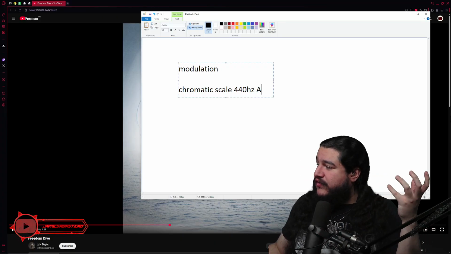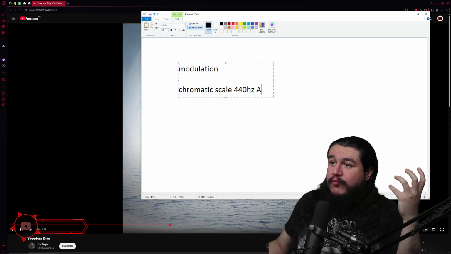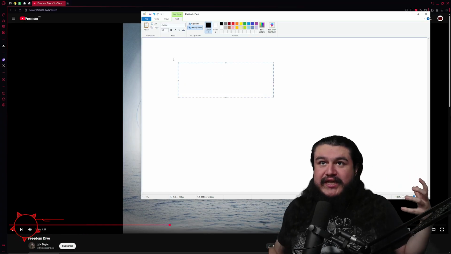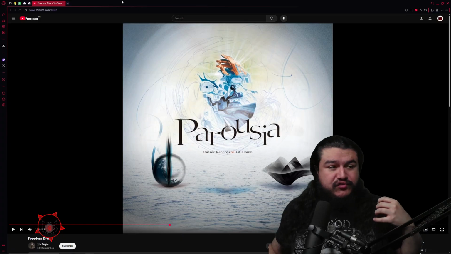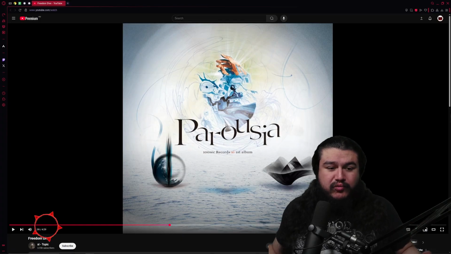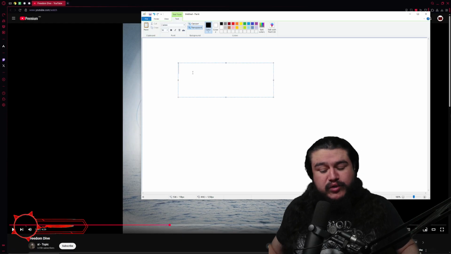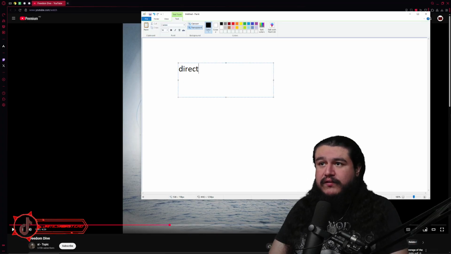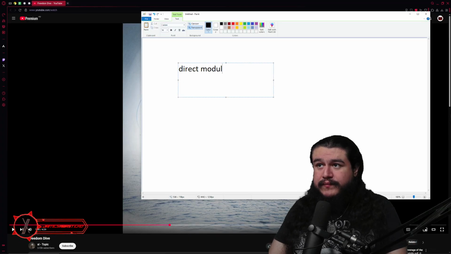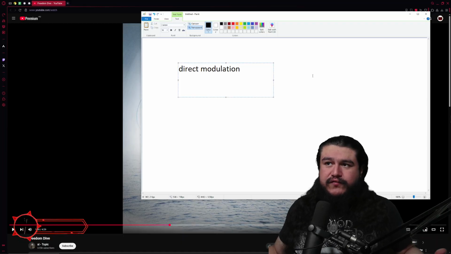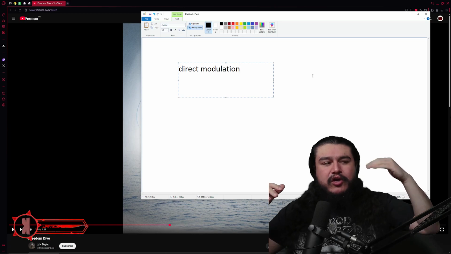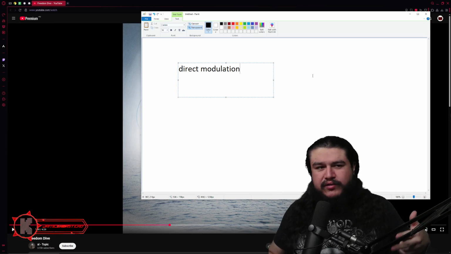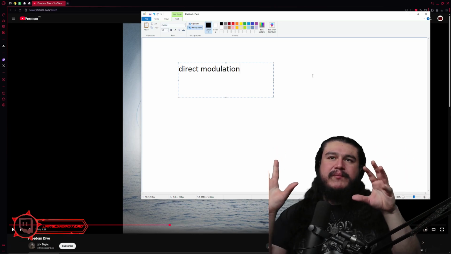And that is precisely what we experienced just now. It gives you this complete sense of paradigm shift, and it is just a really, really cool thing. There are many, many types of modulation. The one that just happened right now, I believe, is direct modulation. The other types of modulation are usually common denominator types of modulation. So you have common chord, common tone, Picardy third. We have a bunch of these different types of modulation.